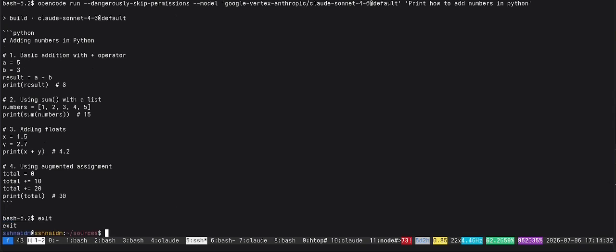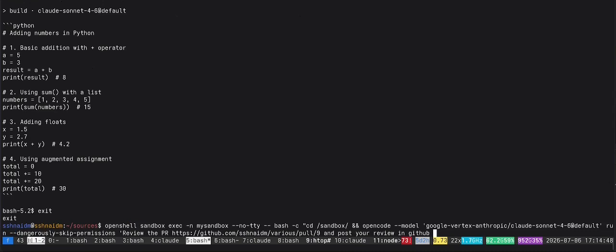Alright, but let's do something more interesting. For example, if we really need to run agent autonomously, we cannot connect to Sandbox and try to run it interactive, right? So we need one command to do it. And let's try this command sandbox exec. So in this case, we execute one command in the sandbox, we connect to it, execute the command and exit. This is how actually scripting works here.